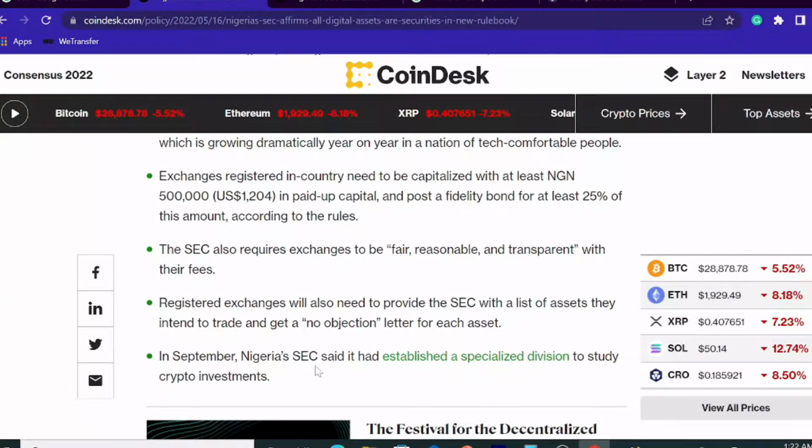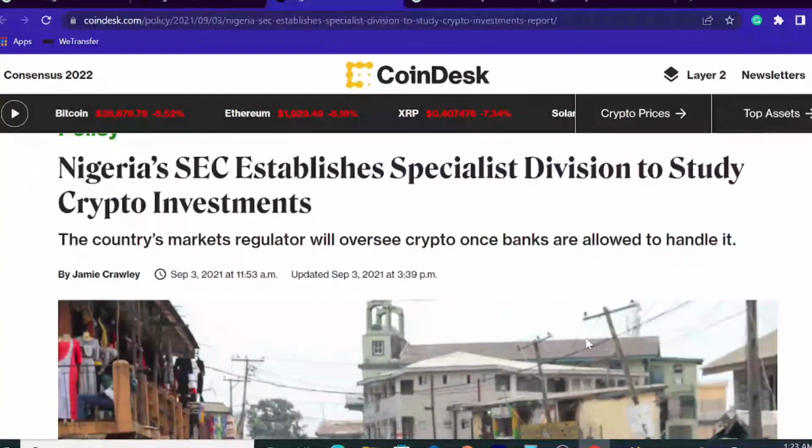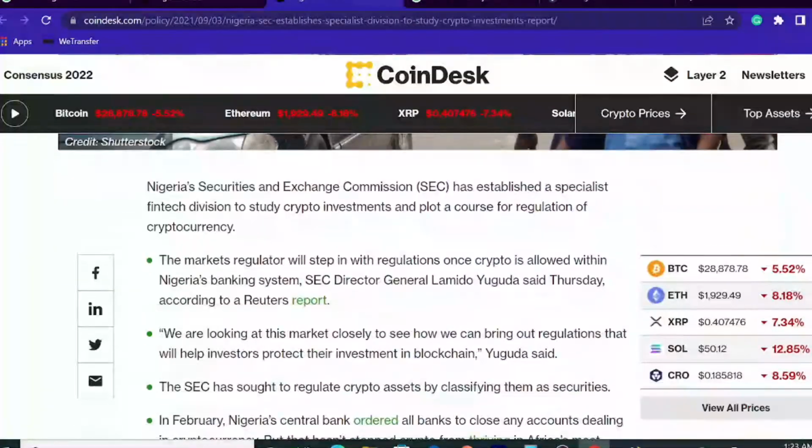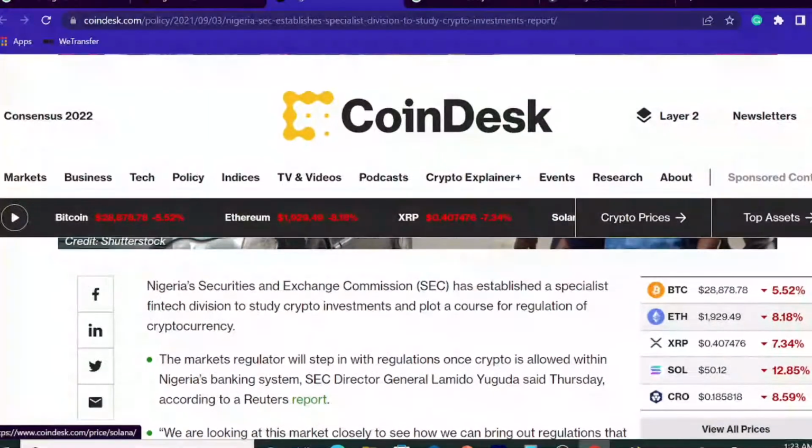In September, that is September of 2021, Nigeria SEC said it had established a specialized division to study crypto investments. Quickly, this is the article that talks about the investment. We're not going to read through it. I just wanted us to look at it and see truly that they had established a specialist division to study this crypto investment. And they actually studied the crypto investment to come up with these new rules right now,